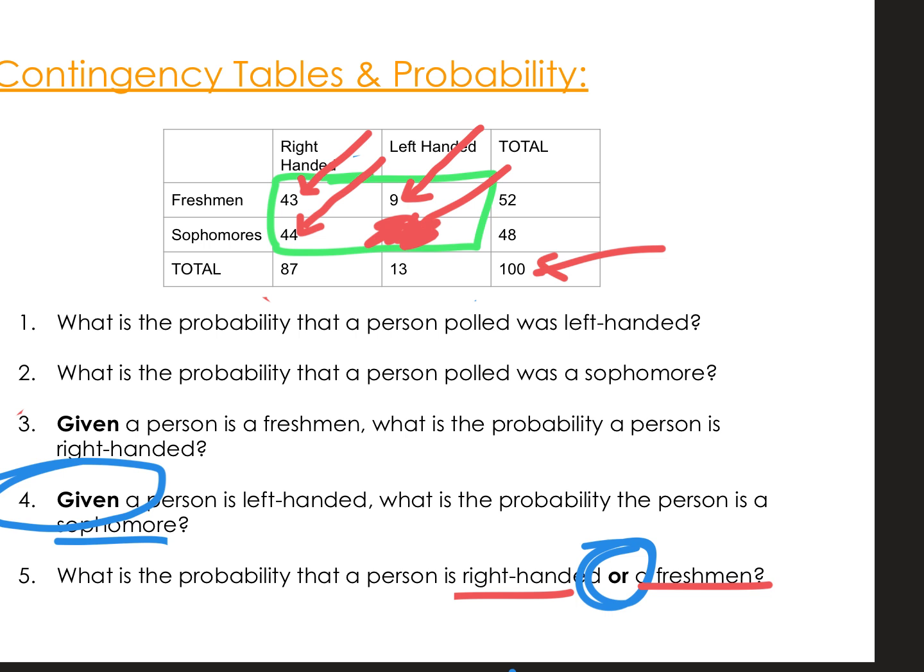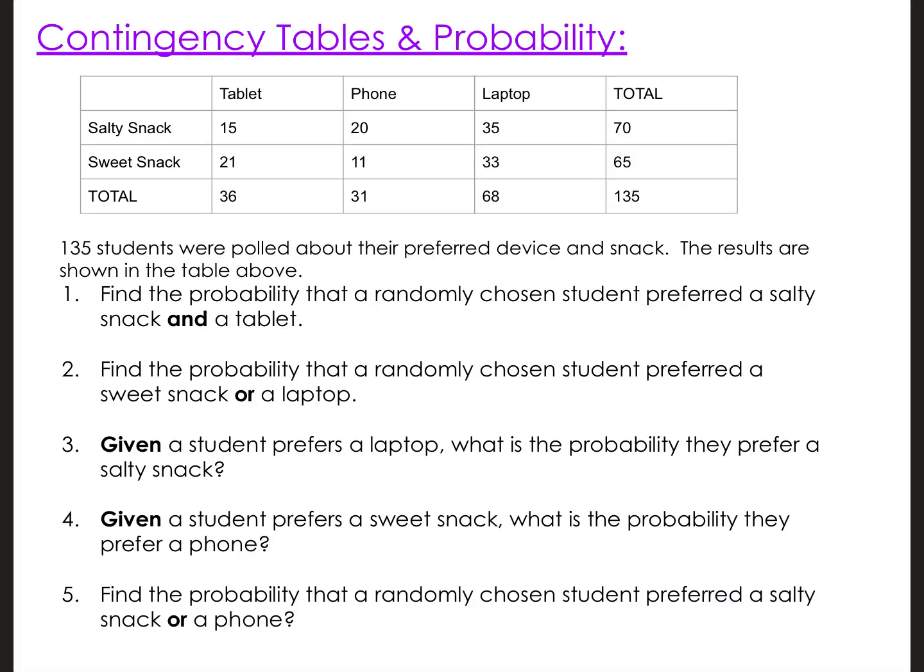You get how I did that? And it's a big answer. It's almost everybody. It's everybody except 4 people, in fact, because these are the only people that didn't qualify. So then it would be 96 out of 100. Who had 96 out of 100? Nice job. Okay. Good. Go on to this page.